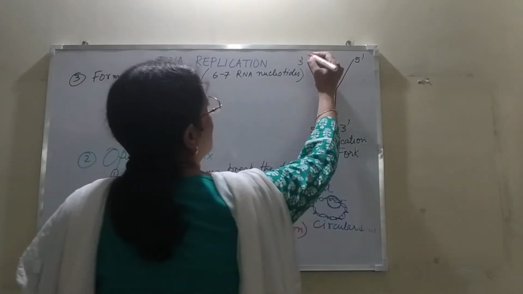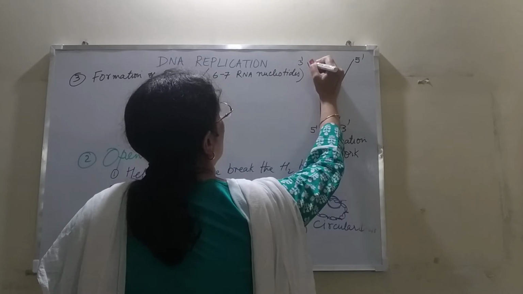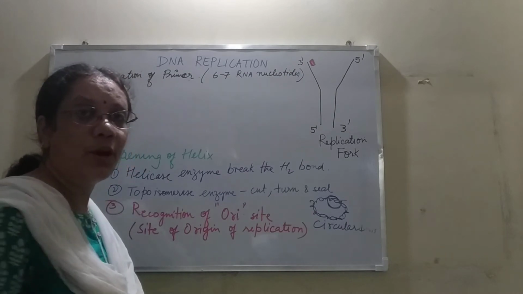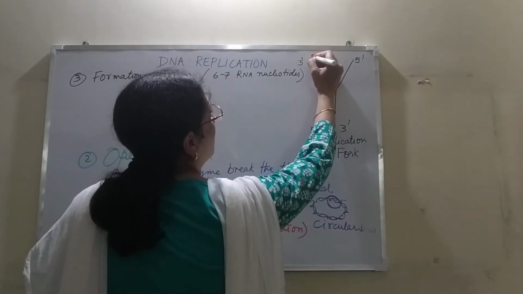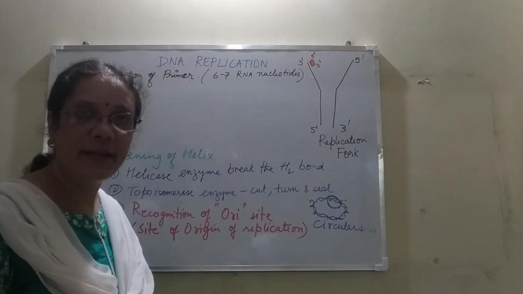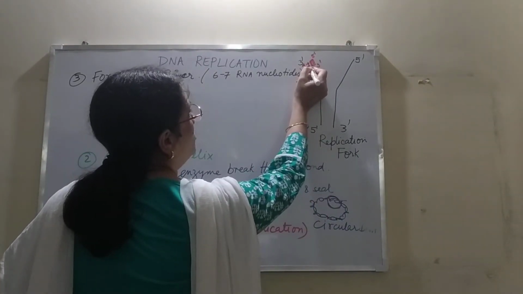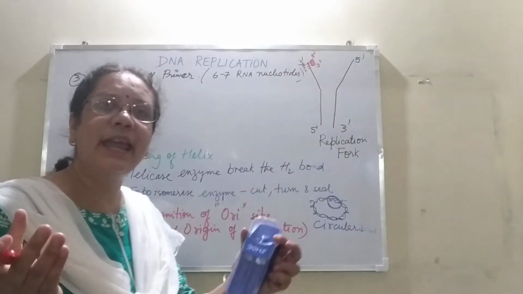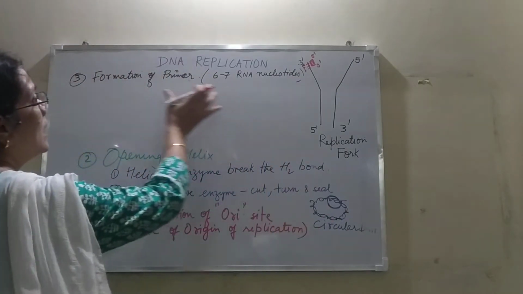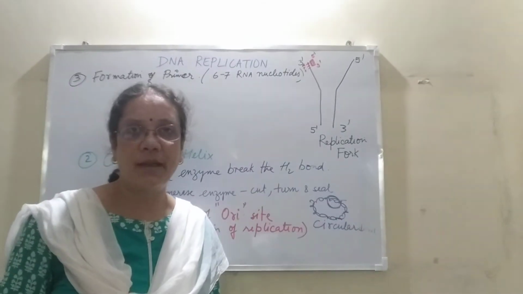Now what happens, suppose this is a small primer which is coming and attaching here. So this is the 3'. What should be the polarity of the primer? The primer will have 5' on this side and 3' free on the other end, isn't it? Now suppose here it was A, T, G and C somewhat like this. So RNA's opposite of that came and it attached. So this is the formation of the primer or the attachment of the RNA primer. Okay.